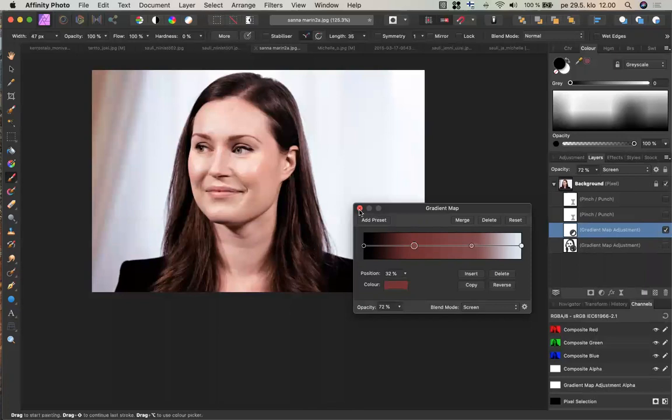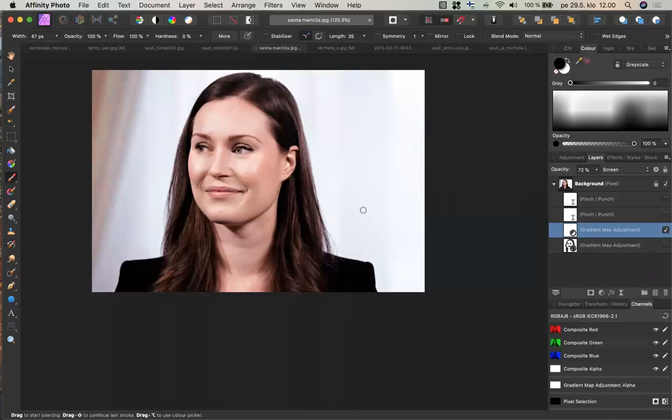For instance, like this. And here with this gradient map adjustment, I have made mask. Actually, I like this one more. Anyway,